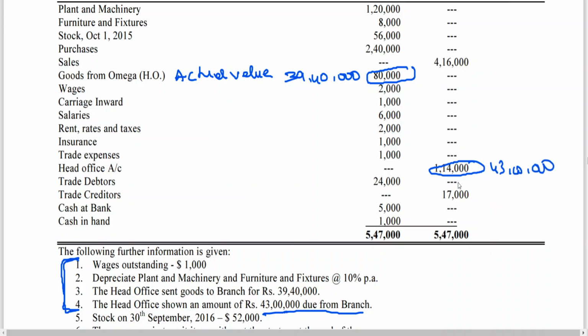That means when you prepare the trial balance, these values should be taken into consideration. So I have already adjusted this one and this one. The thing is wages outstanding. When wages outstanding is there, what is to be done, my dear friends? Actual wages is how much? $2,000, no? To that $2,000, I need to add 1,000. The wages of 2,000 given already in the trial balance, you have to incorporate outstanding wages also. So now total wages will become 3,000.